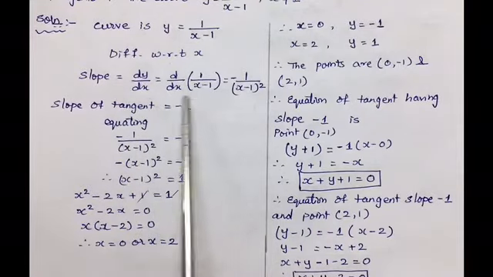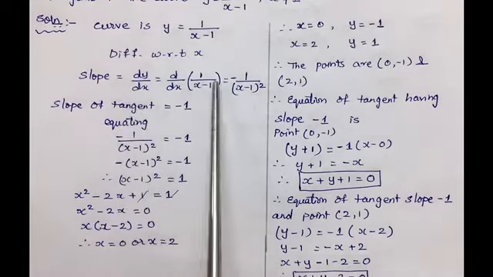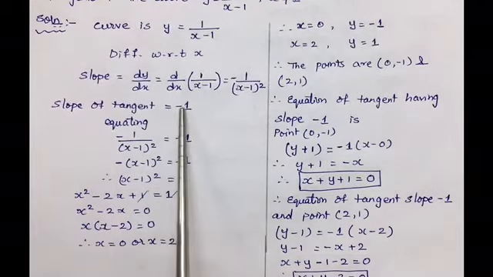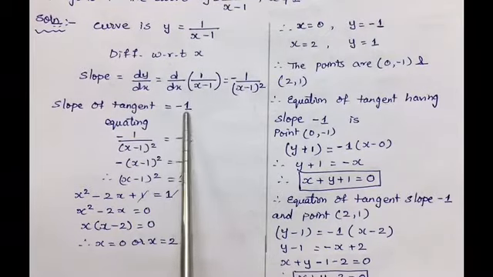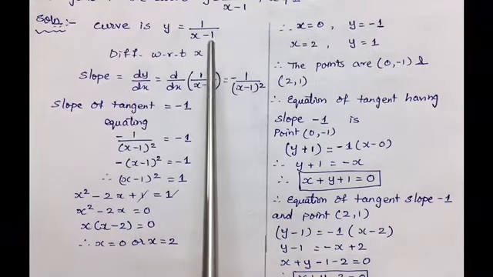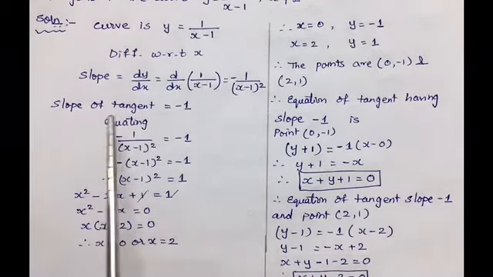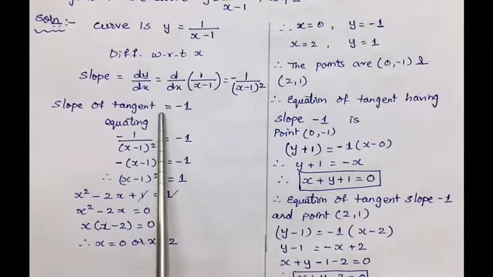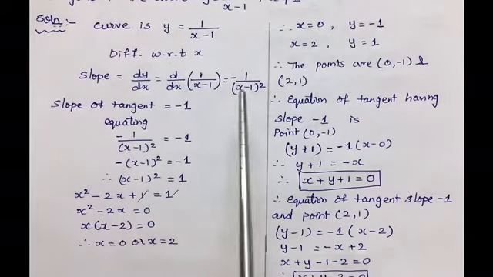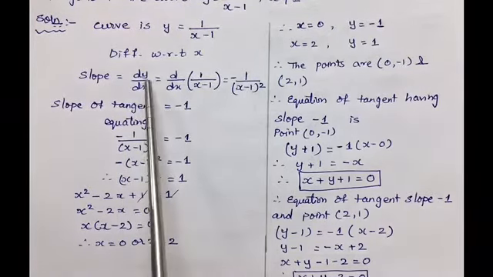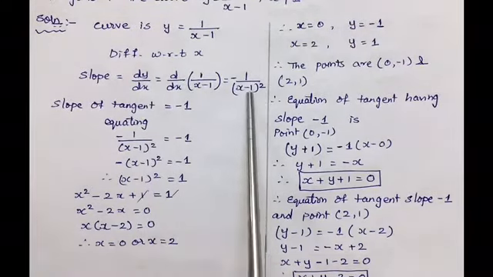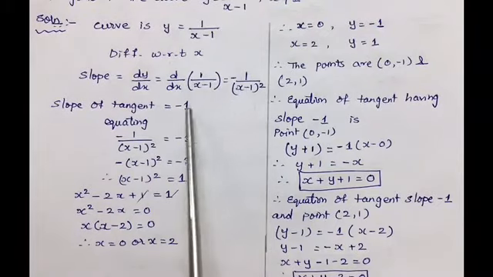So the slope is known. And this slope is slope of the tangent. But slope of tangent given to us is -1, already given this value in the question. So whatever the slope we calculated by differentiating curve and the slope given in the question of tangent, both these slopes we will equate, because by differentiating whatever we get dy by dx, that is also the slope of the tangent. So equating both,